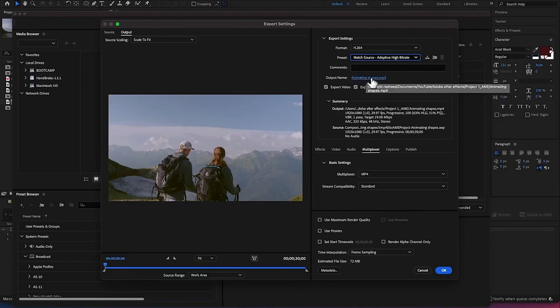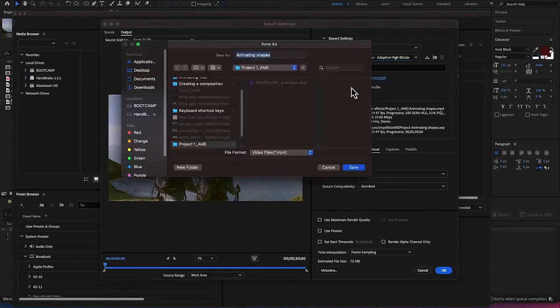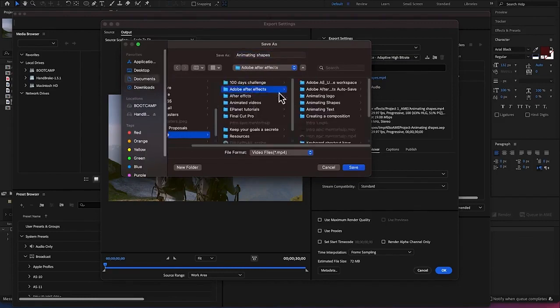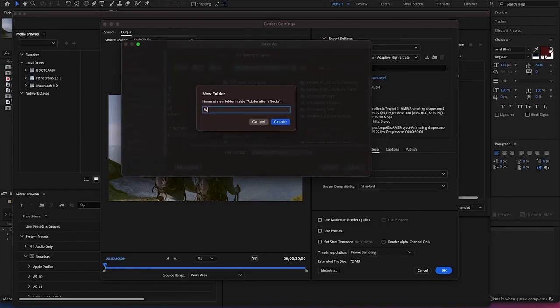You can specify the output name. You can just click on this, specify the output name and the location wherever you want to save it. You just specify location, and you can just go ahead and save it directly. So for example, mine is going to go into this Adobe After Effects, and I can create a folder and call it exporting